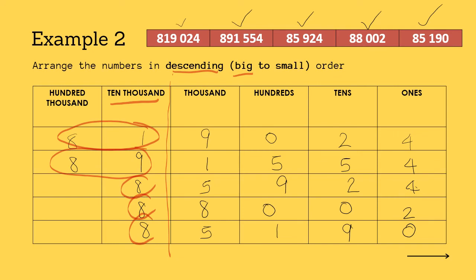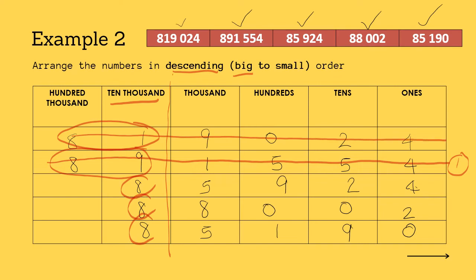So we're going to scratch that off from our list, and that's the biggest number, the first number we are going to write later on. Moving on, 81, 888. The next bigger number is obviously 81 compared to 888. So the second biggest number is this one. Next, we have 8, 8, and 8 left. We can't really compare them because they are the same. So we have to move on to the next place value,